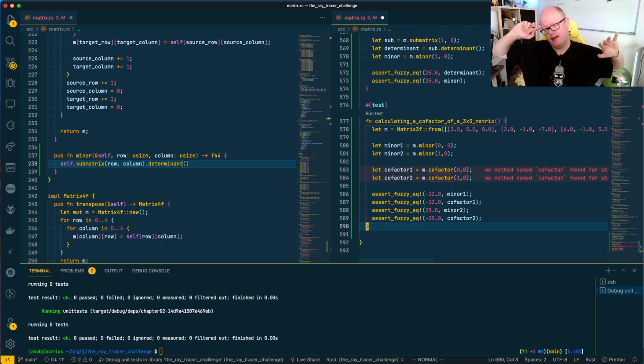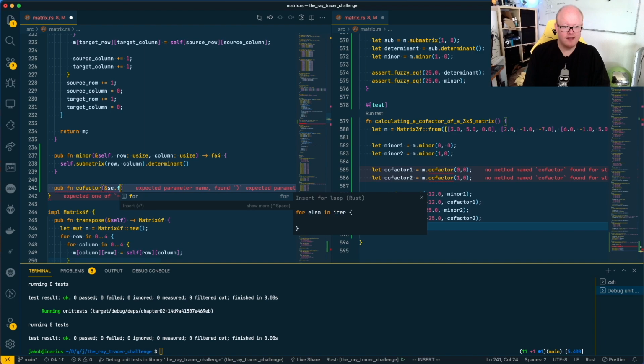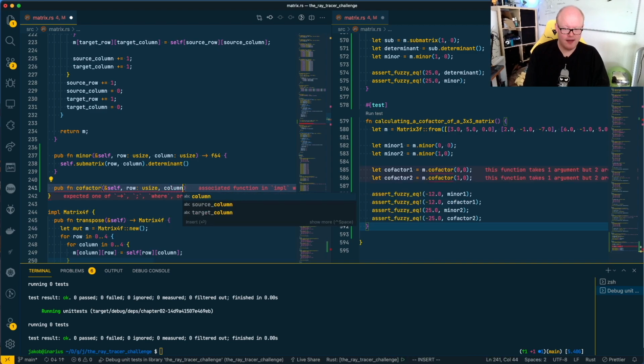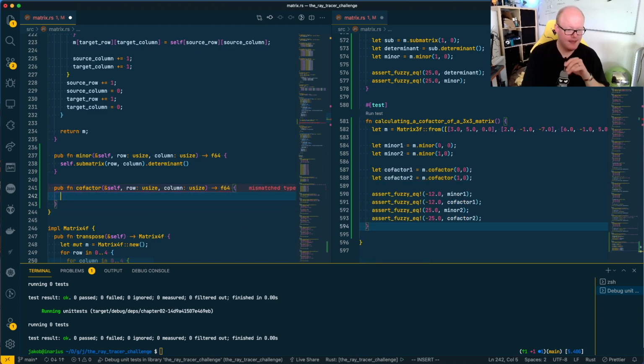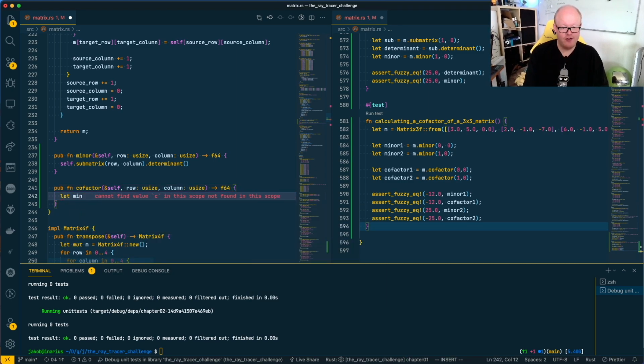And this is essentially the difference. The calculation of the cofactor is mostly the same. We are calculating the determinant, but we might change the sign. What we essentially need for a cofactor implementation now is cofactor, self, row usize, column usize. It's an F64, and what we first need is let minor, because